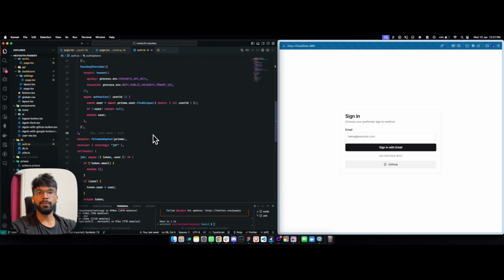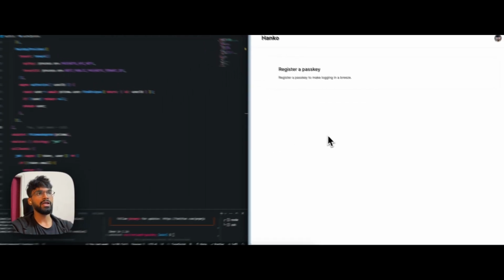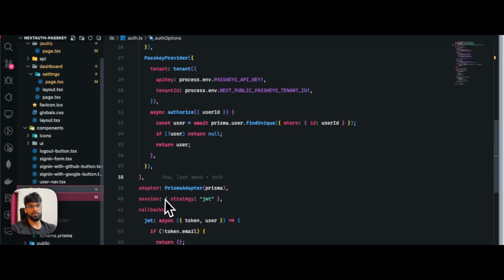Now it's time to enable your users to register passkeys as a login method. So for that, let me show where we'll be doing that first. So first authenticate. So here we'll be adding one more button which will be responsible for registering the passkey for that specific user. So for that, let us create one more file here. You can name it passkey or maybe passkey registration.